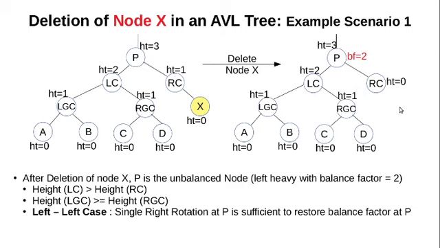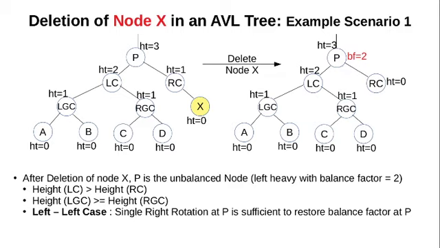As we know, due to the deletion of a node, the balance factor violation may be generated anywhere upwards in the tree starting from the parent of the physically deleted node. Hence, we check the balance factor at these nodes. The balance factor of RC is 0, but the balance factor of P has become +2.